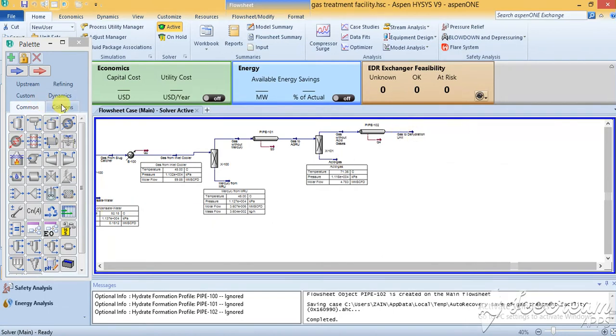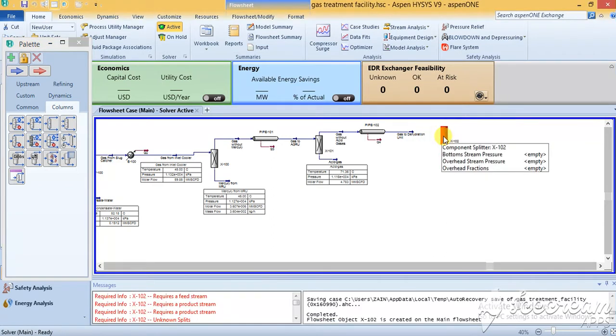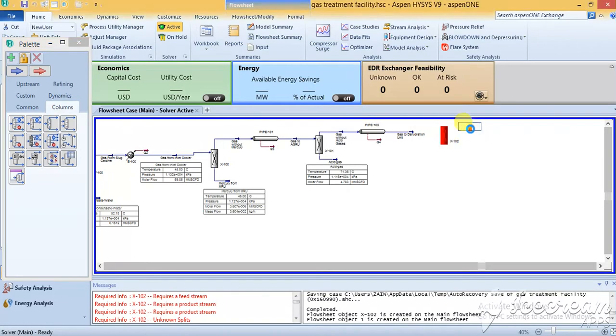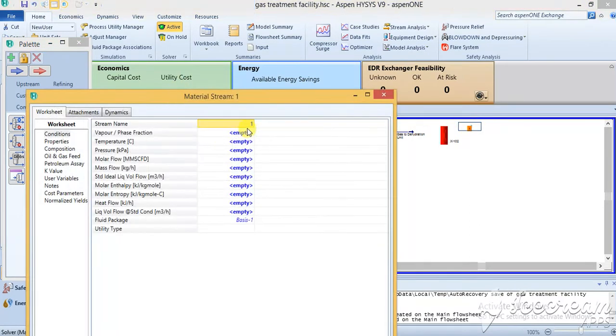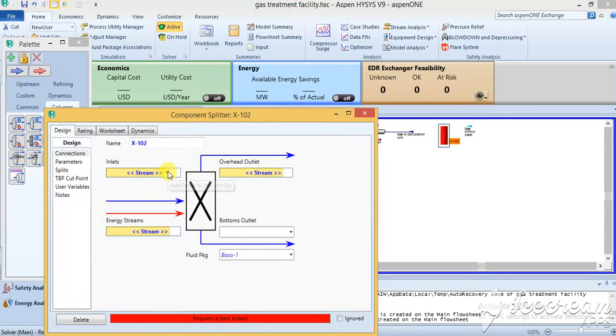So now I will again go to the component splitter that is here, and I will open up this one. Just before opening, I've already added one stream, and I'll change the name of the stream. That will be the gas without water. I will open up this splitter, so it will actually get the basic gas to the dehydration unit. Then the stream will be gas without water.